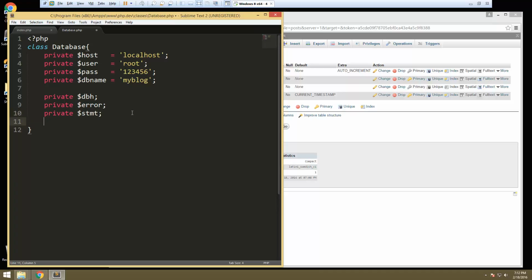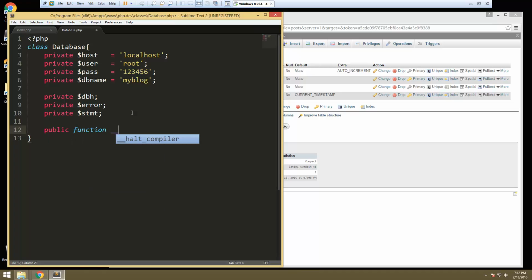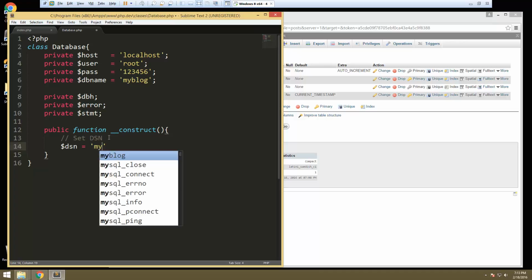Next thing we need to do is we need a constructor. If you remember from earlier sections, a constructor is a function that runs when the object is instantiated. So this is going to be public function __construct. And we need to set what's called a DSN. This is basically going to be our connection string. So we're going to call it DSN, and we're going to set this. We're going to have to do quite a bit of concatenation here because we're going to have text with PHP variables. So here we need to say mysql